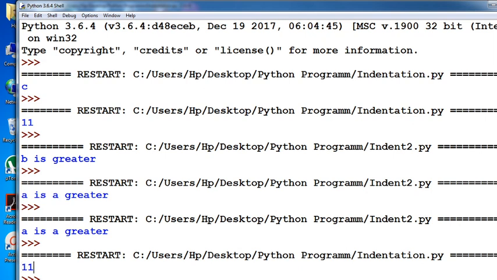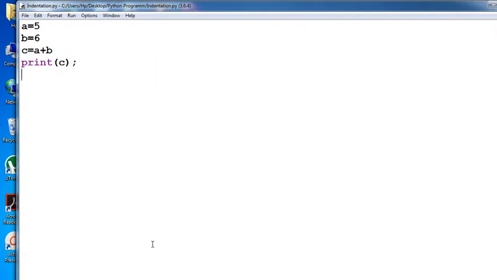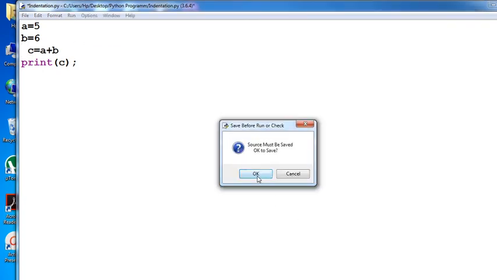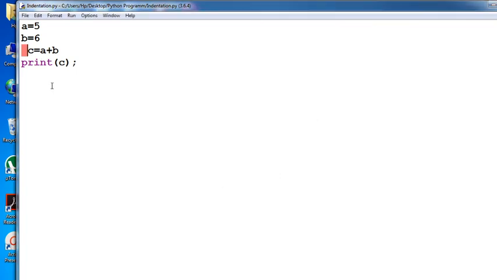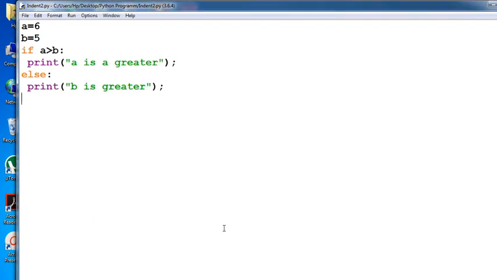Then suppose you give some space in the same program and run it again, an error message is displayed: unexpected indent. Here no indentation is required.